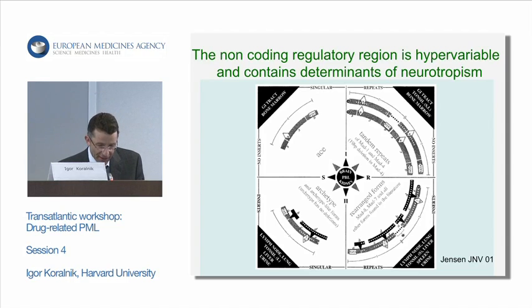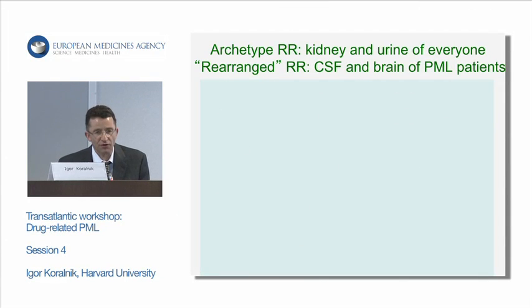So this is an excellent paper from Jean Major already from 2001 that depicts in a compass form all the different forms of non-coding regulatory region in various compartments. If you heard about that before, this is a region which is hypervariable. There is no single type of variation. Every PML patient has a regulatory region that's different from the next, and it's felt to contain determinants of neurotropism and neurovirulence. And the common wisdom that we get from these talks and what we write also in review articles